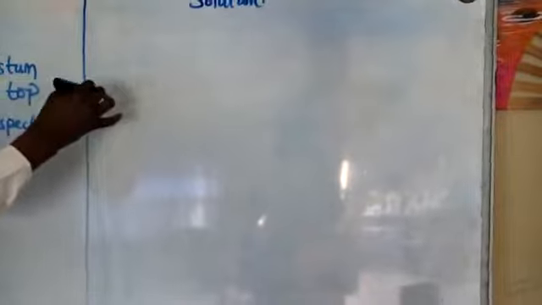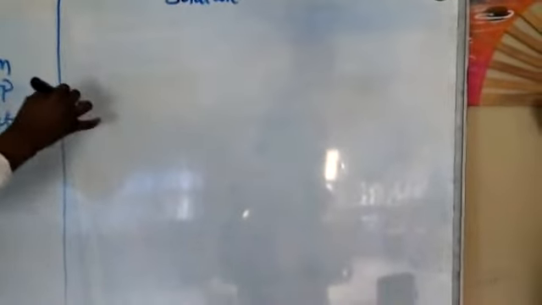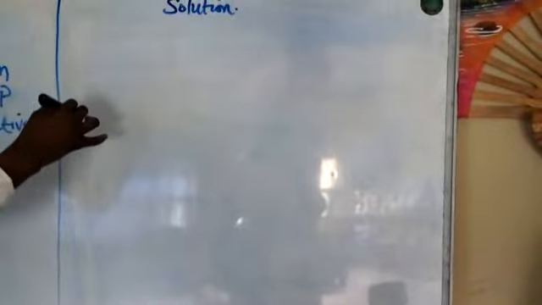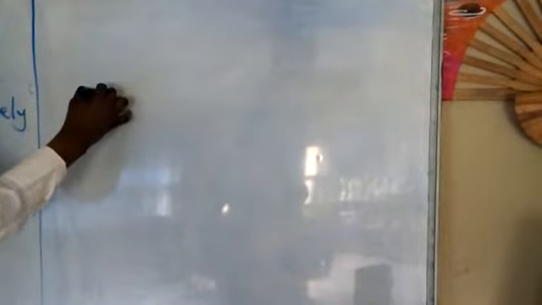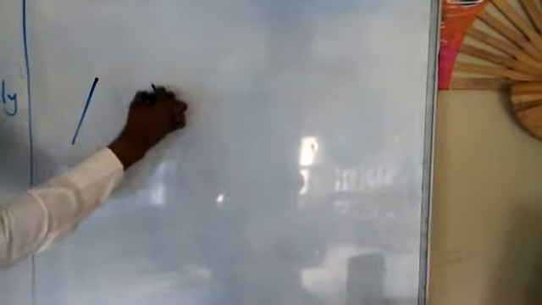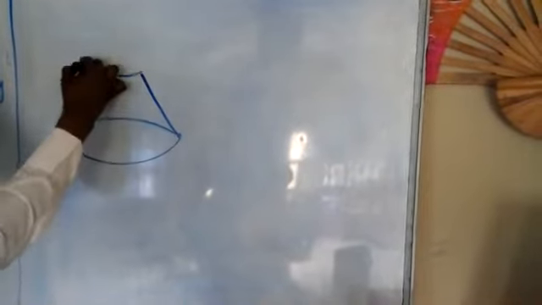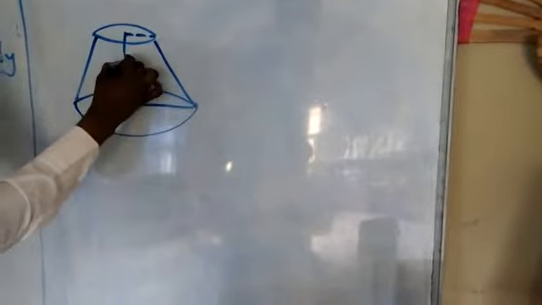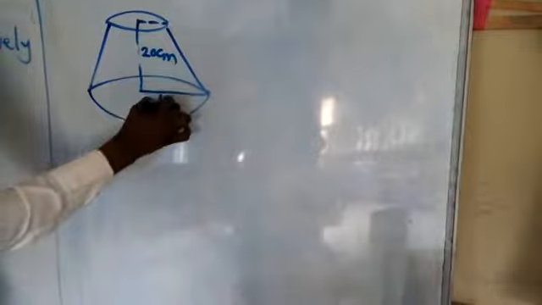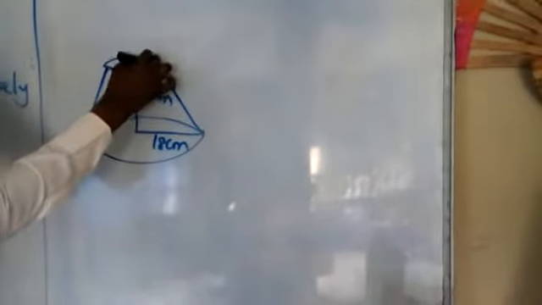Now, the first thing you do is, you know the frustrum, the complete shape where the frustrum was gotten, is actually a cone. So the first step is to reproduce that frustrum to the complete shape where you got it from. You know this is the frustrum as given in the diagram. In the figure, we are given here 20 cm, here 18 cm, and here 14 cm.